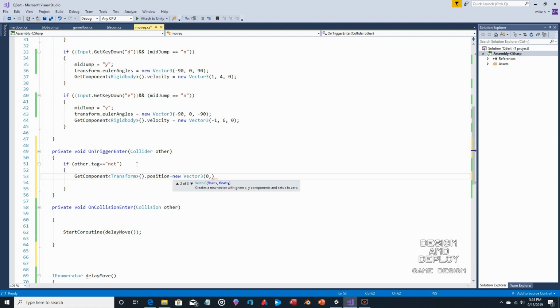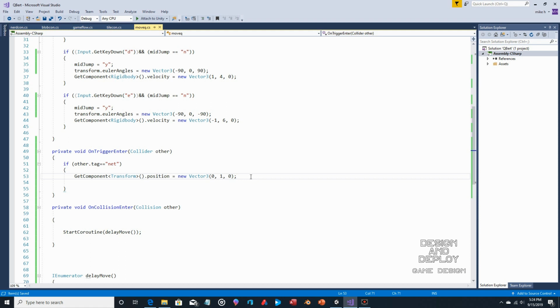So let's do plus 1, 0. Now, since objects do drop onto the top tile, that could potentially create a collision up there. So we might want to do something like,